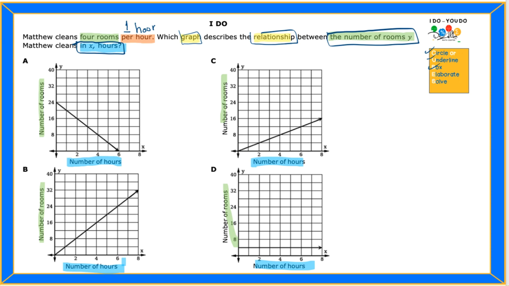Now, I have to come up with an elaborate plan. We can draw, we can have a table, depending on which type of questions we have. On this type of question, when a scenario is given and then I have graphs representing that scenario, a good strategy is to generate our equation. So let's get started by doing that. Here I'm going to say the total number of rooms that Matthew cleans is going to be the letter y. And now we know that all the rooms he's going to clean is going to be 4 rooms. You see, this is a constant here. I'm going to put 4